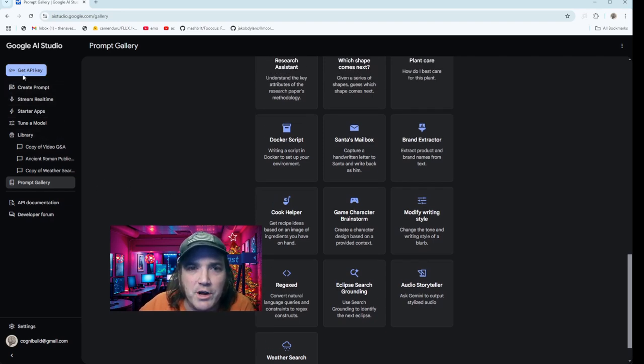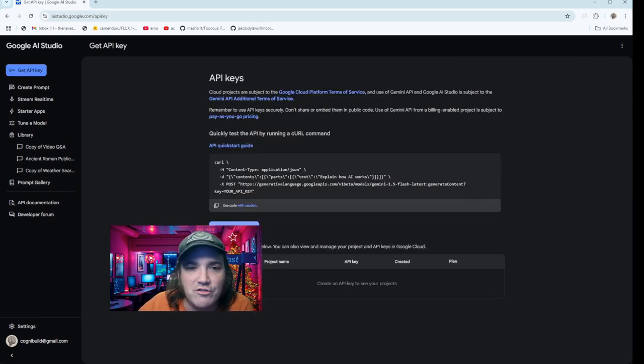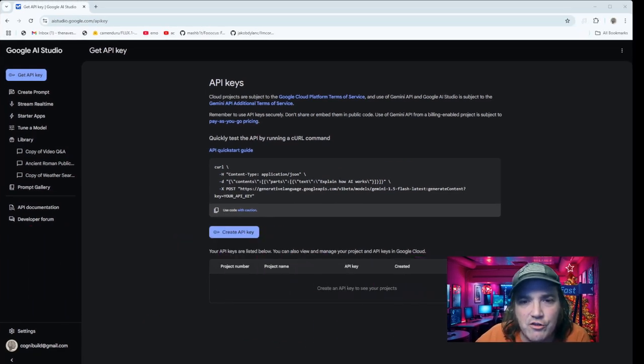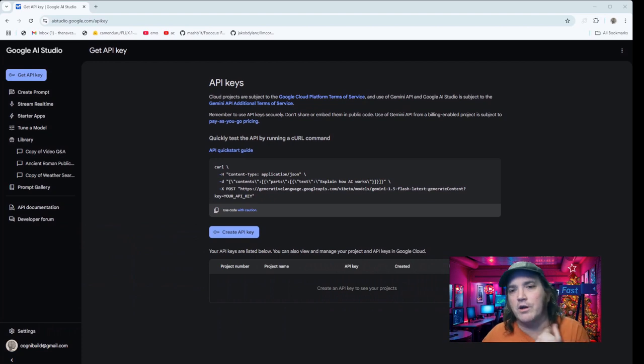Oh, and I want to show you here really quickly up here. This is where they're going to make their money. See this get API key? So in other words, guys, you're going to be able to use this in your apps. You're going to be able to create mobile apps that use your web camera on your phone and have it do cool stuff. I've got ideas I want to do, and I ain't going to share them with you because I don't want you to build it first. But you guys got ideas too.